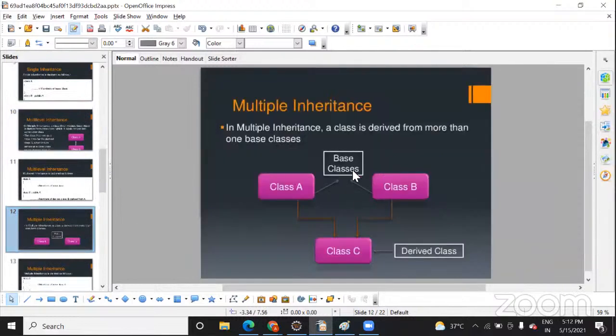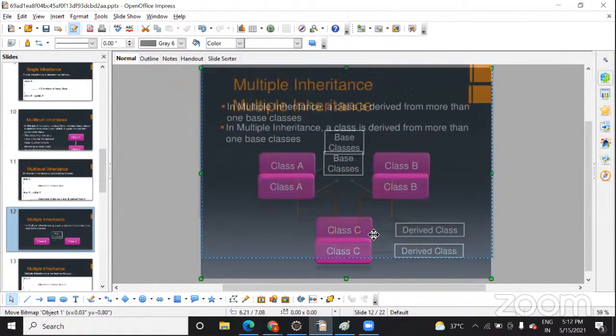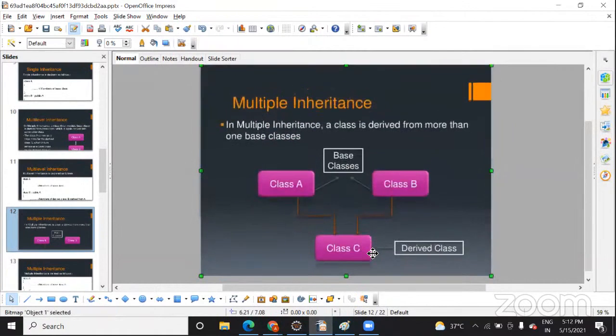Now what you are talking about is multiple inheritance. This isn't supported in Java, like Windows 8 and Windows 7, you can't inherit in Windows 10. So we use the concept of interface. In an interface we use implements, and you can implement it, meaning class C implements class A, class B, then it will be possible.